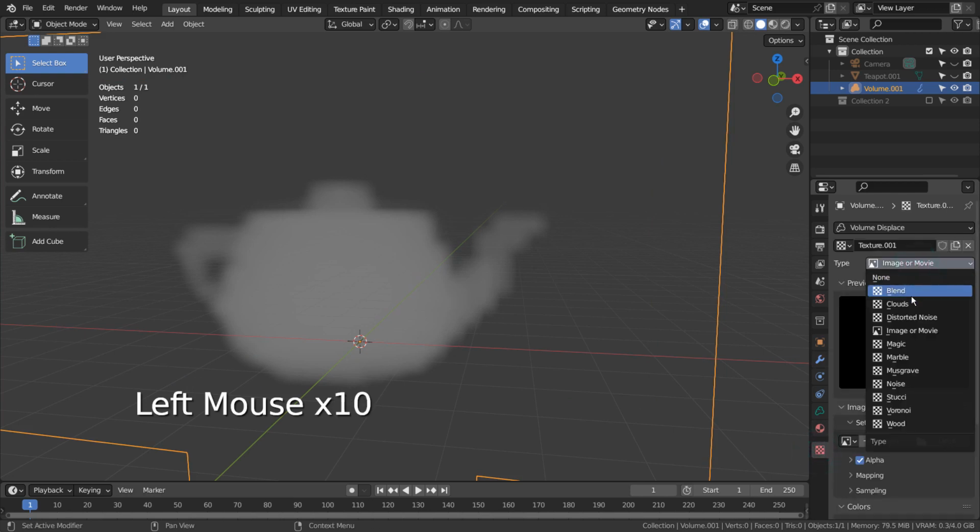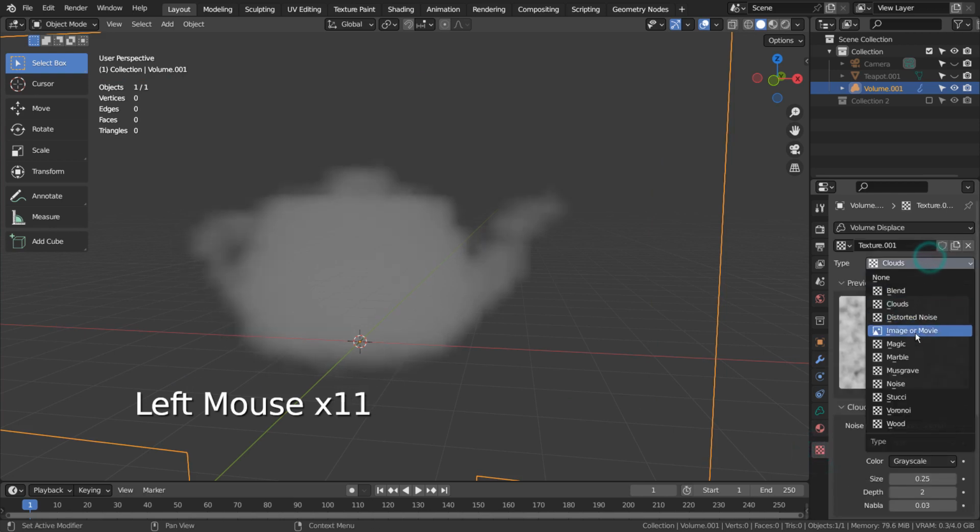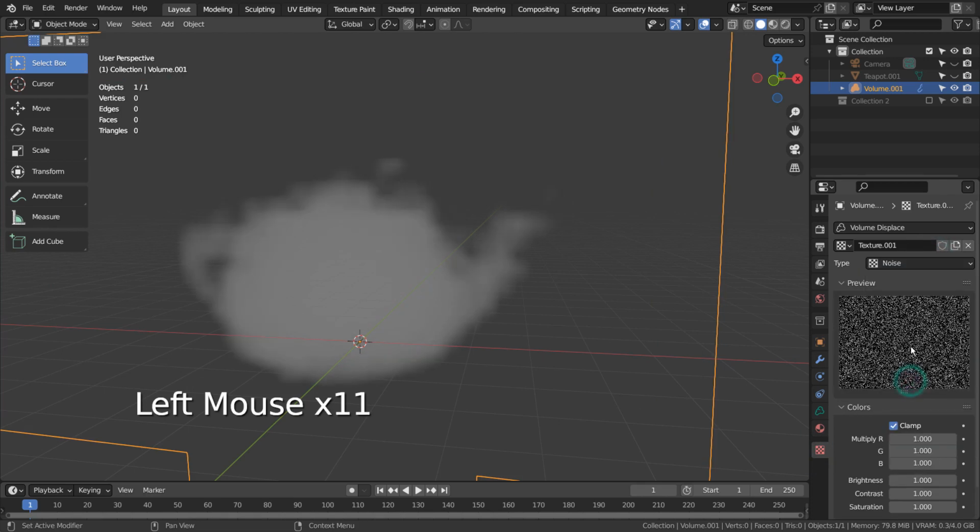Please experiment with all available texture types and their settings to get the best looking result.